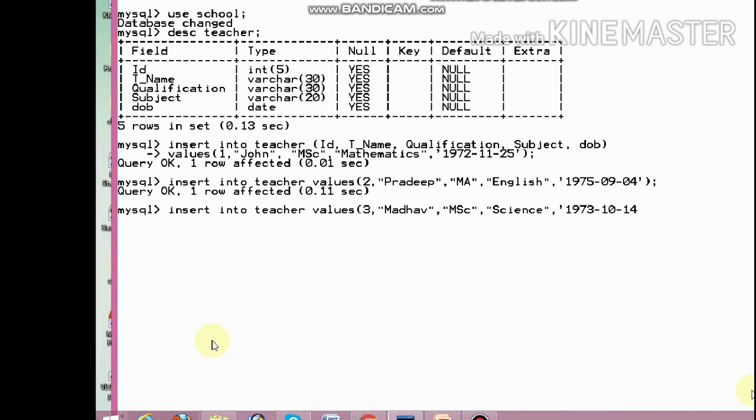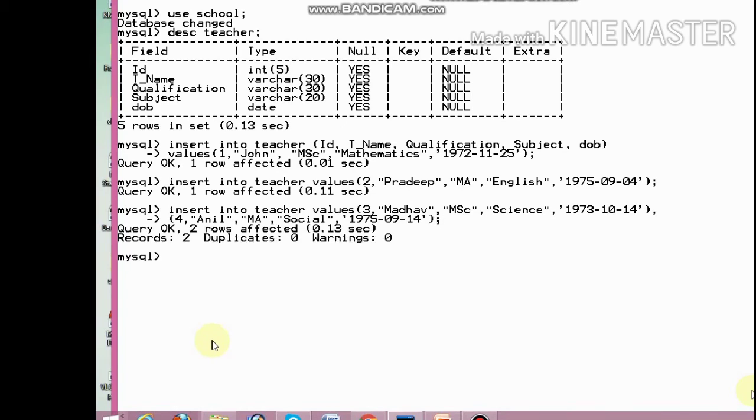Bracket close, semicolon, press the enter key. Two records are added.